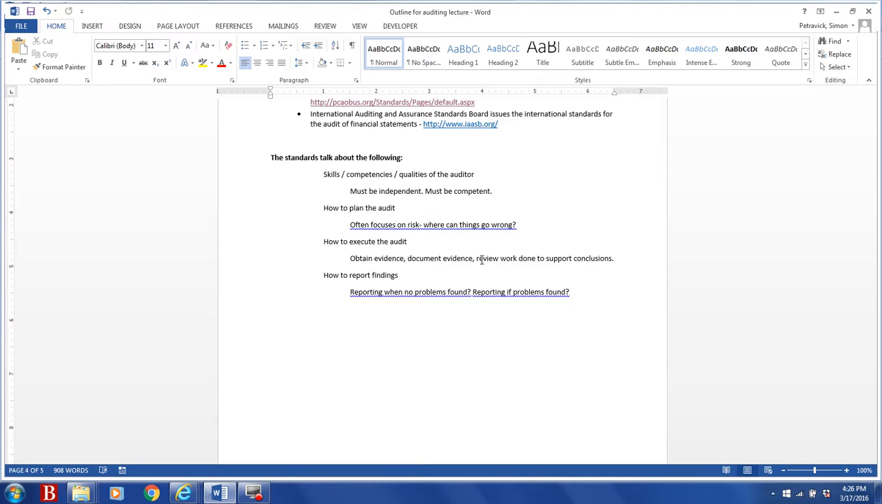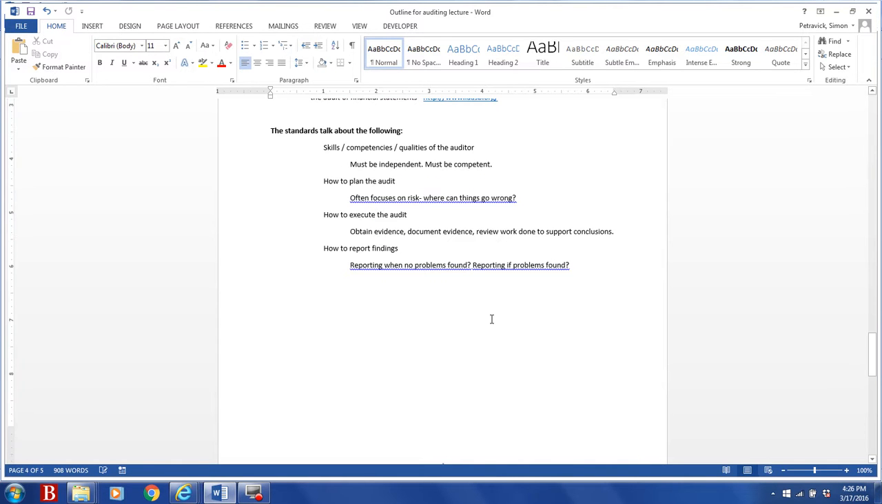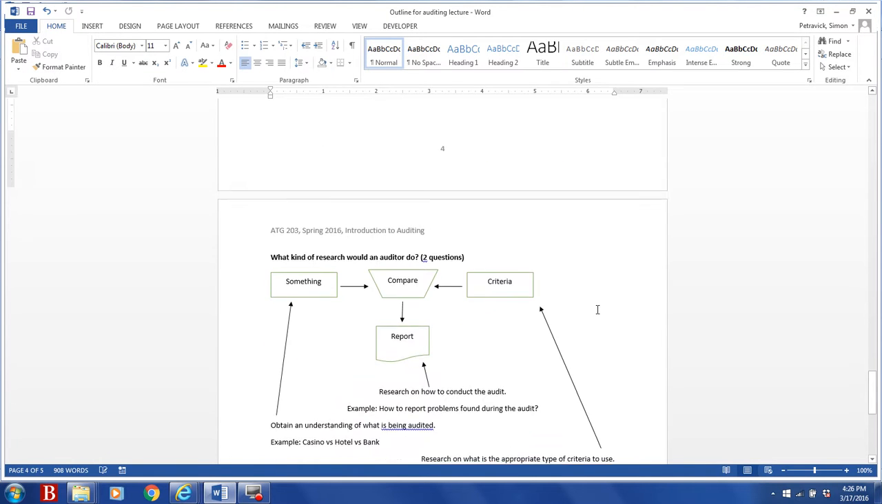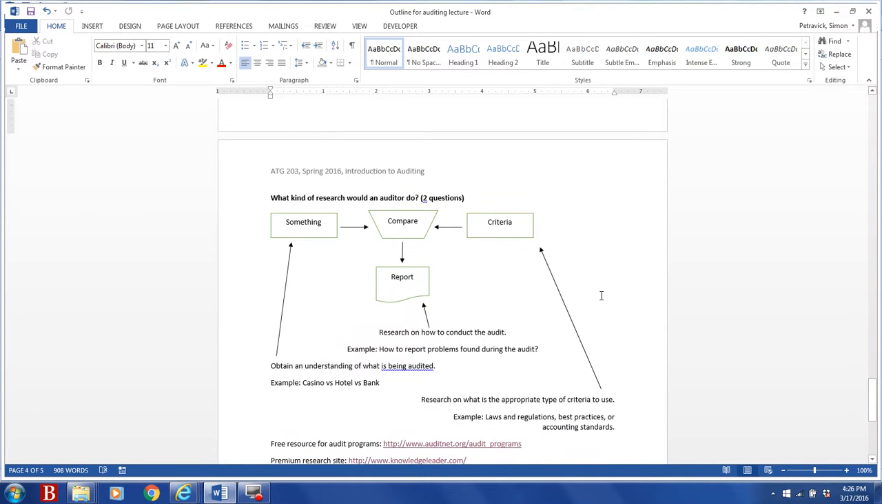What do you say when no problems are found? What do you say if problems are found? The example that we looked at above of the Microsoft report was an indication where there were no problems found. The financial statements were in compliance with GAAP. So thinking about all the things that an auditor has to do,